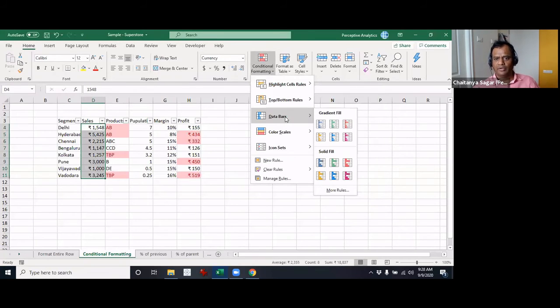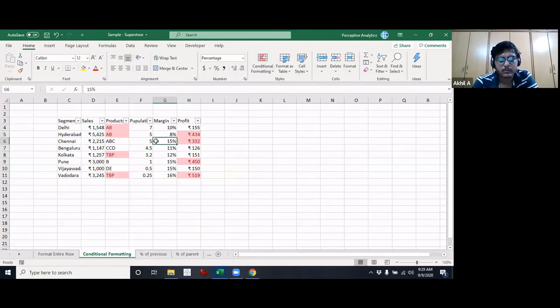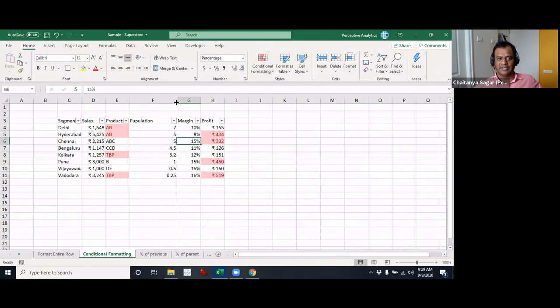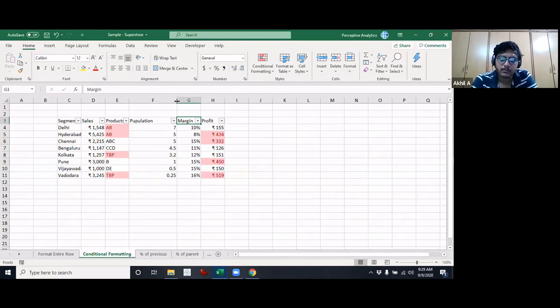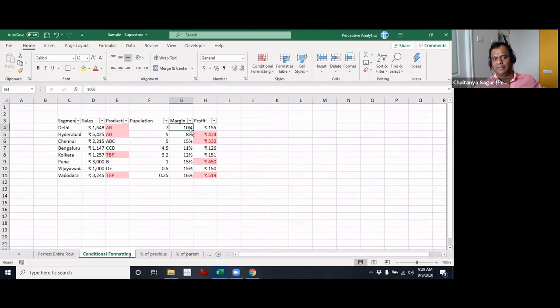So we have what are called data bars. Data bars are very clear. Basically it gives you bars, and these are of very good value from the point of view of visualization of data. If you want to bring out the difference between values in different cells, bars are very useful. So what do I mean?